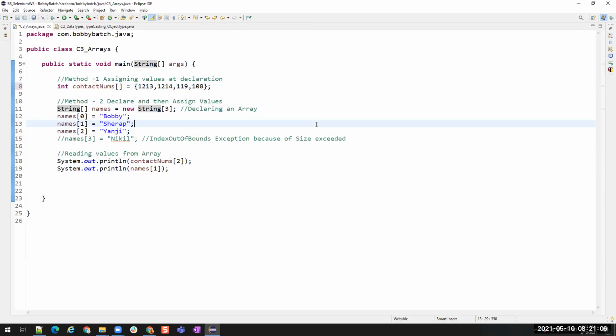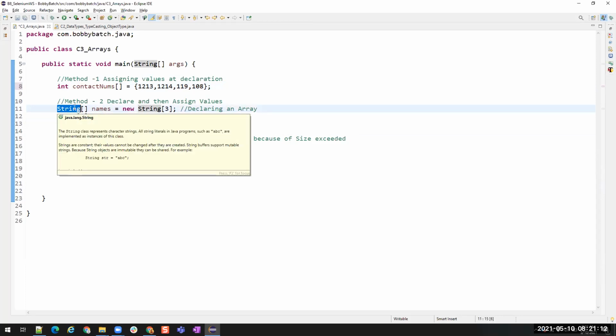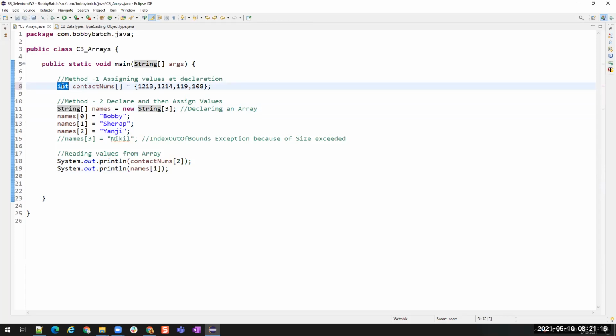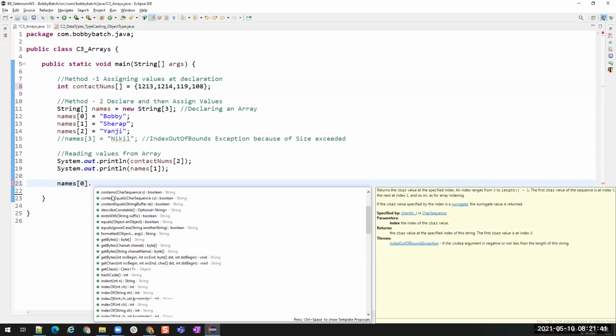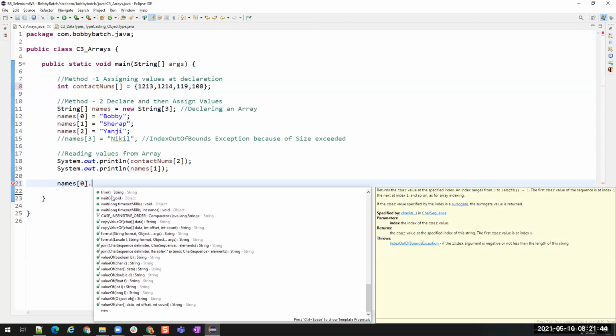Is there any difference between primitive and regular? Yes, there is a difference. Primitive data types are not classes, so you won't have any predefined methods on them. But for a String, for example names, which is a string value, if I write names of 0 and press dot, you see all the methods, the operations that can be performed on a string.